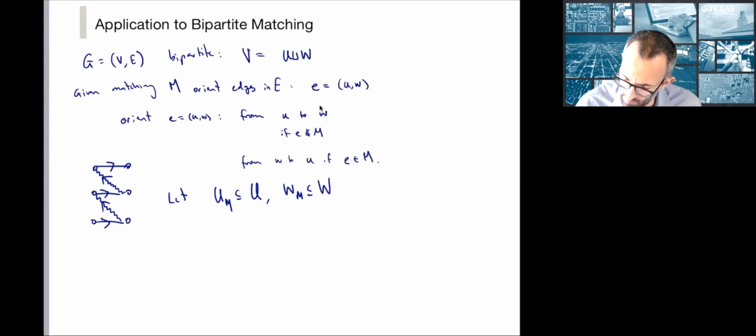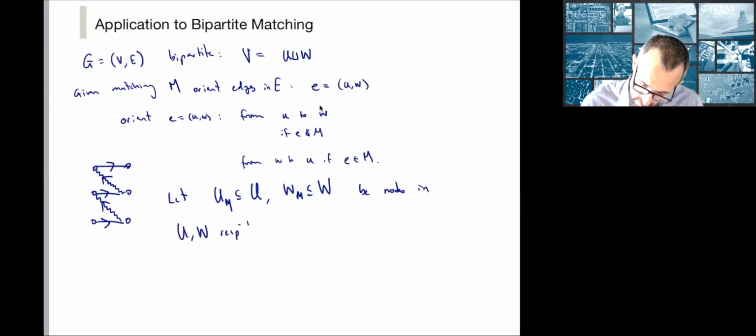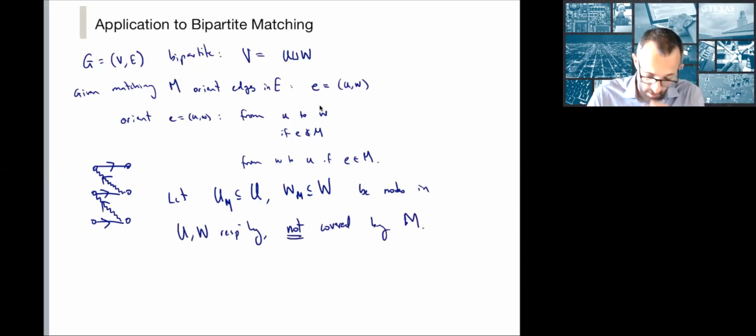So let UM and WM be the nodes in U and W respectively not covered by M. What's not covered on this side is U, this is W. This is not covered because there's no edge of the matching that's incident upon that node, and on the right this is not covered. And so